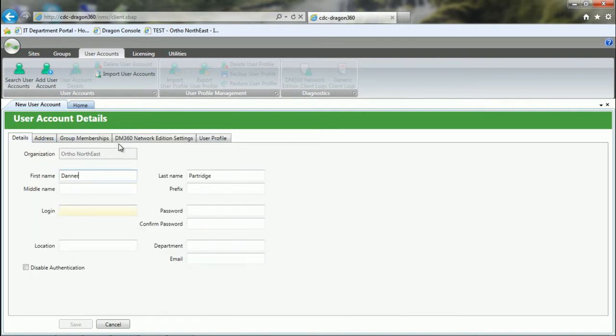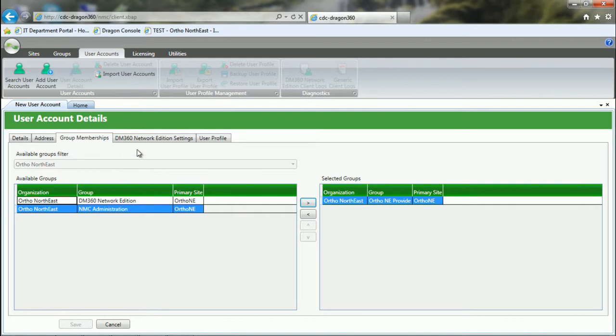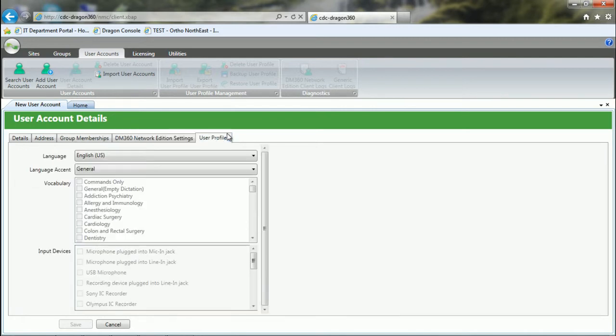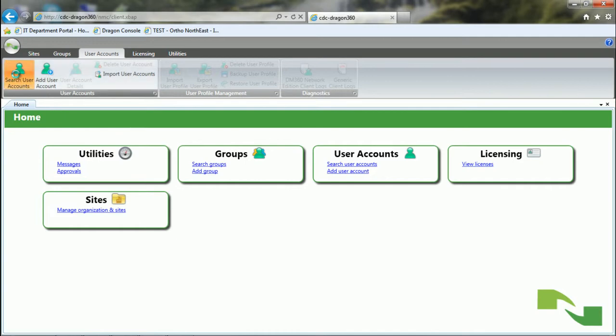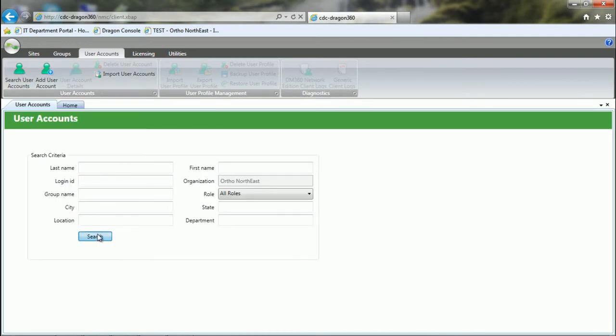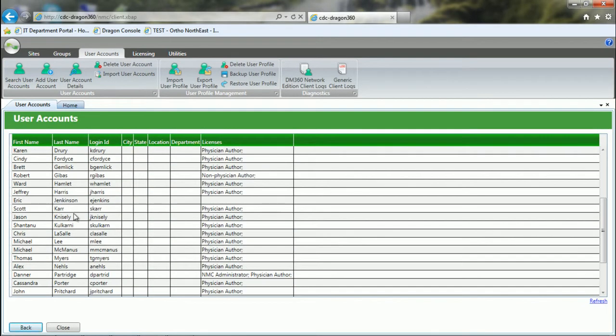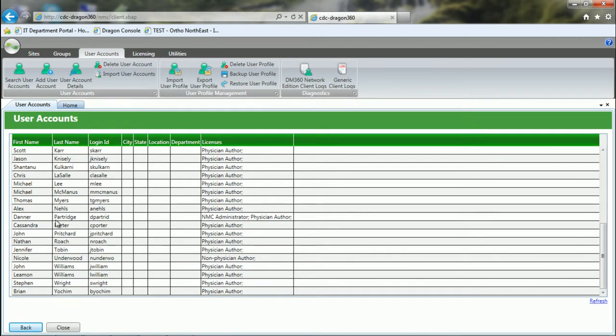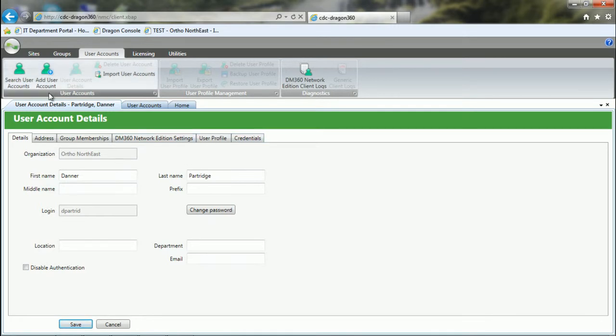Type in their name and assign the group membership. And you don't really have to click anything in here. We can do all that based on the profile that we create through Dragon, not through the console. So let's view the user accounts real quick. And I believe you can double click here. Yeah, so once you create the account, you'll go to the main list, you'll double click that account, and